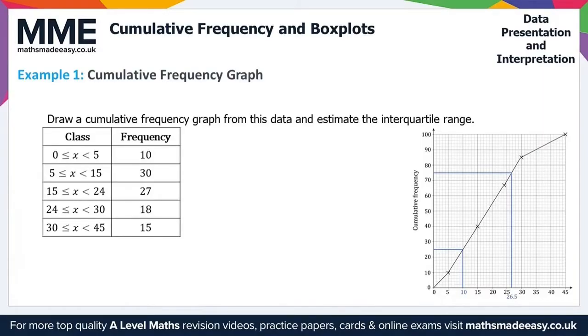Example 1 here on cumulative frequency and Boxplots is taking a look at a cumulative frequency graph. So here we're asked to draw a cumulative frequency graph from this data and estimate the interquartile range. So what we've been given here is this following data. To start with, what we need to do here is add a high point column and a cumulative frequency